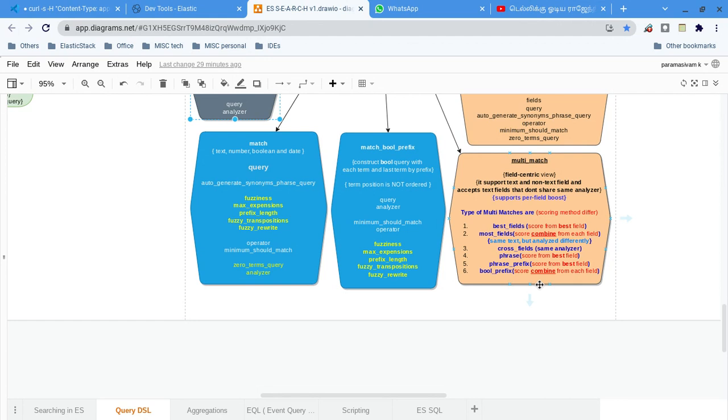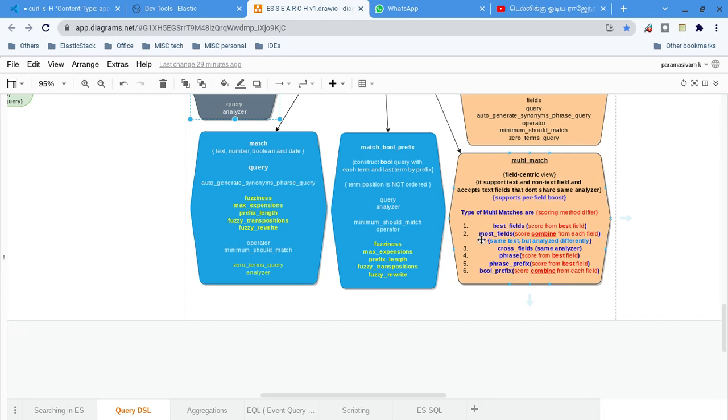Bool prefix will create the match bool prefix query, and it will combine whatever columns may be matched with more than one field in every document. Then the scoring value will be summed from all the fields. That's how bool prefix works.